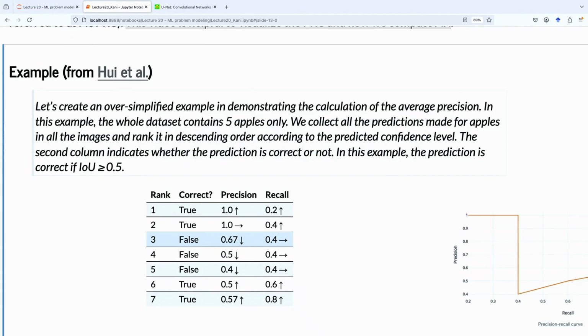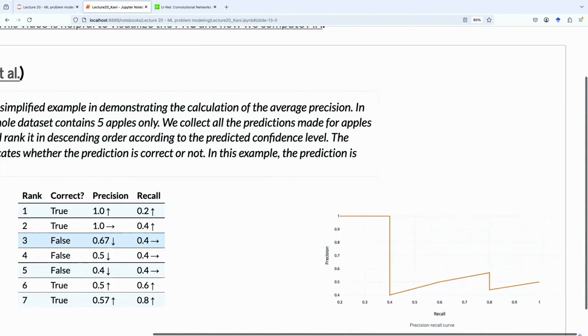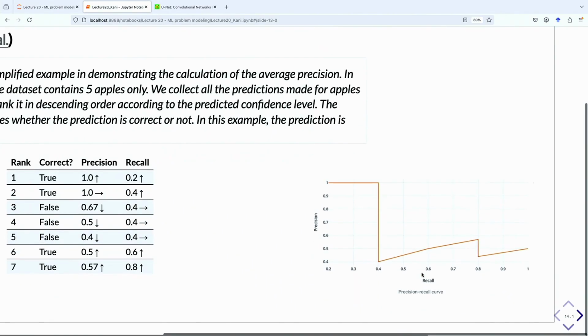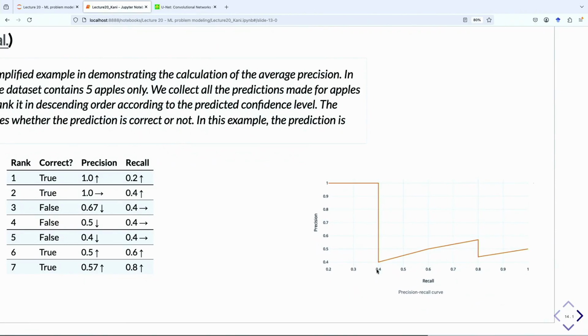Okay? So we could go down all of these values and we could actually plot this on a curve. This is called the precision recall curve. If we plot this, we see that depending on the recall, we get a different precision.